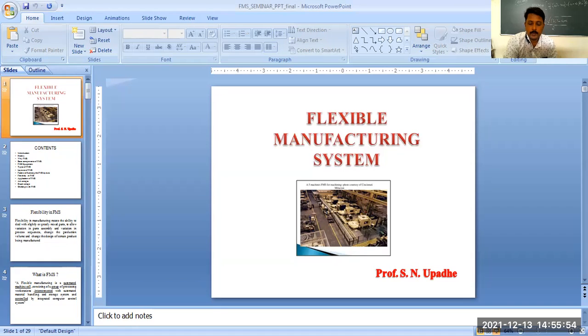What are the things that we are going to discuss about flexible manufacturing systems? First we will see the introduction to FMS.